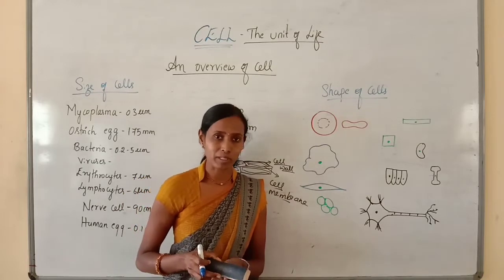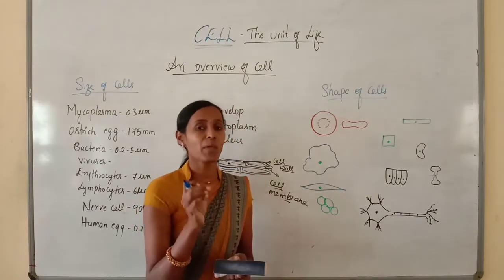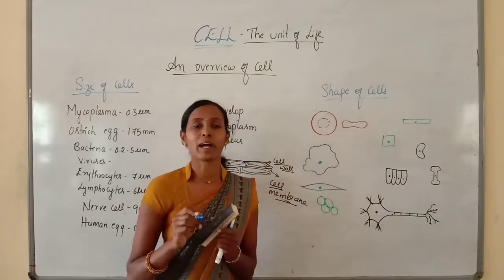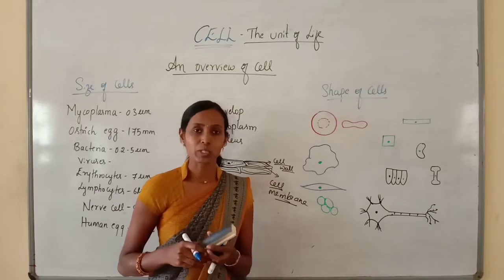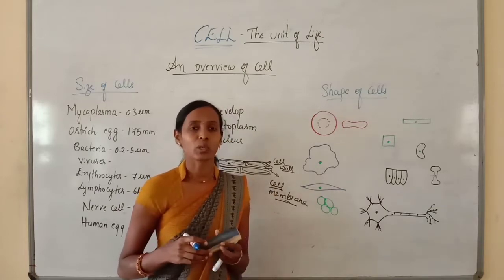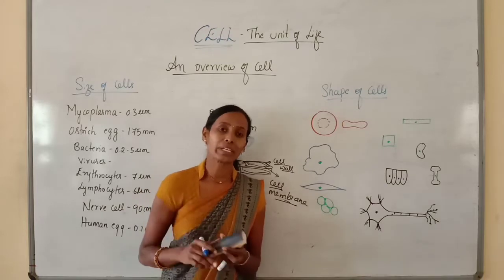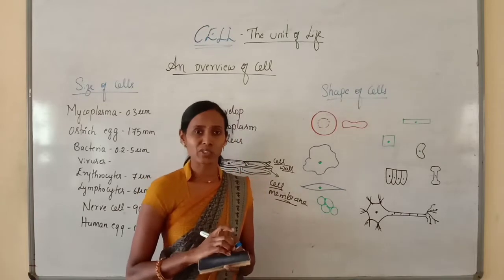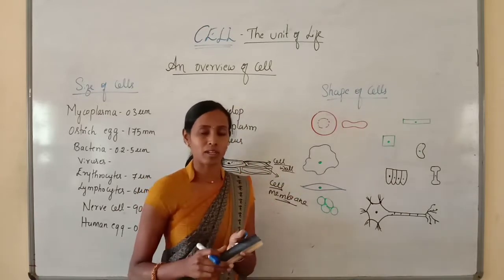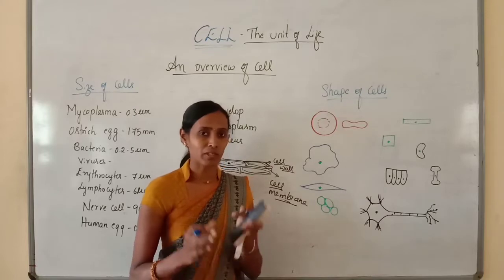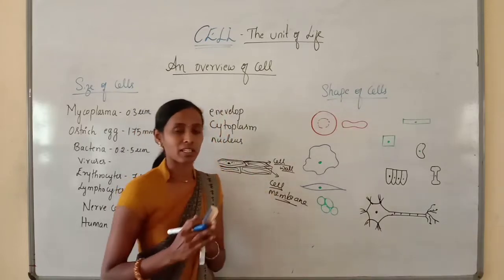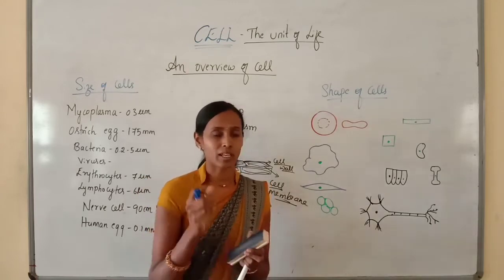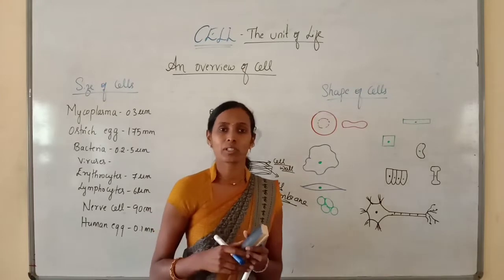But in the case of an animal cell, they have only the cell membrane as their outermost boundary, but they lack a cell wall. Which means in an animal cell, we cannot find the presence of a cell wall. You will clearly understand when we talk about plant and animal cells in detail. Now just remember: the onion cell is a typical plant cell whose outermost boundary is the cell wall, and just within the cell wall there is the cell membrane.